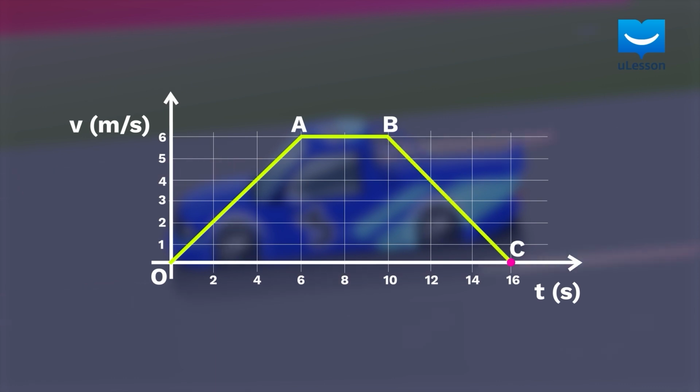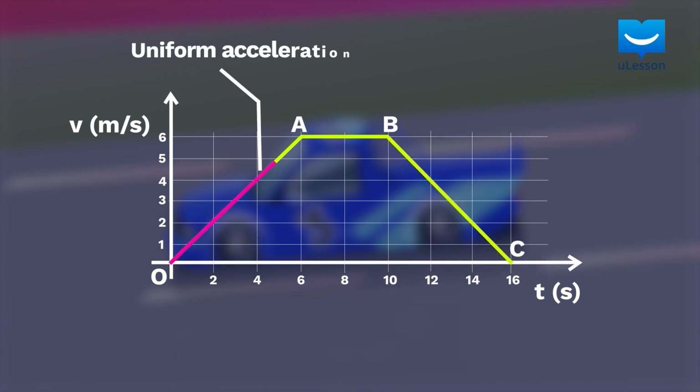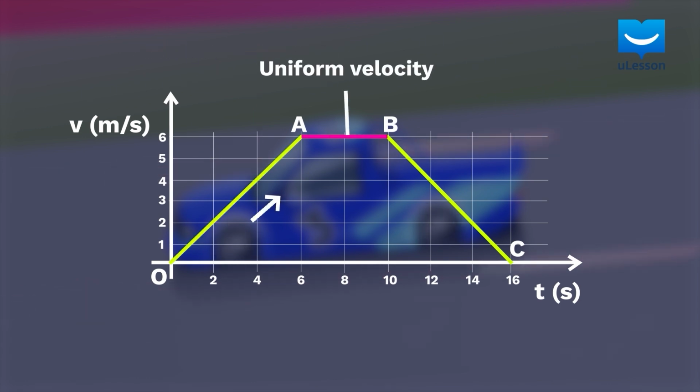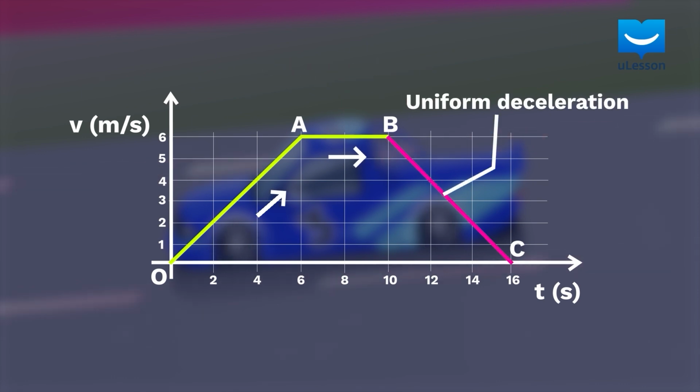Note that the gradient of the velocity time graph during the deceleration is negative as it is sloping downwards. Therefore, we can say that during uniform acceleration, the velocity time graph slopes upward. During uniform velocity, it stays flat, and during uniform deceleration, it slopes